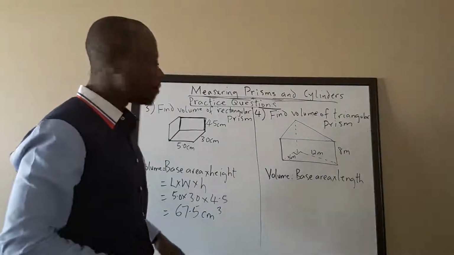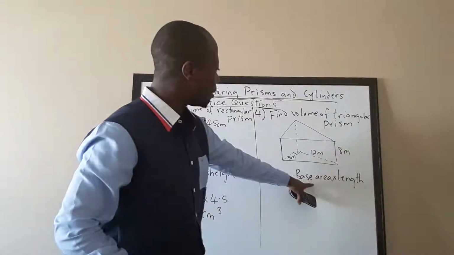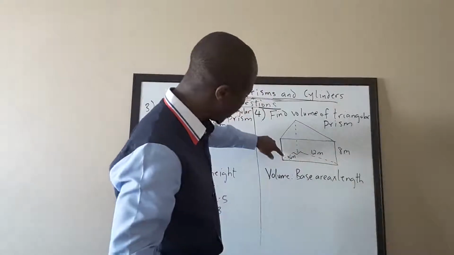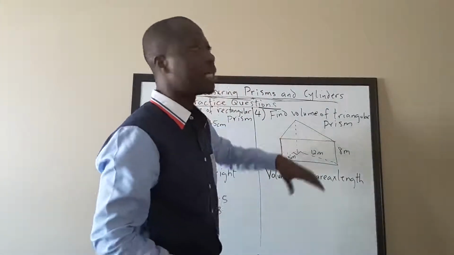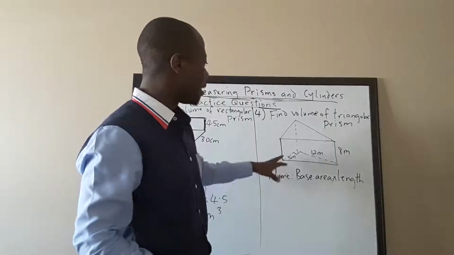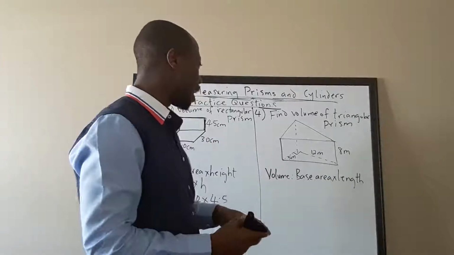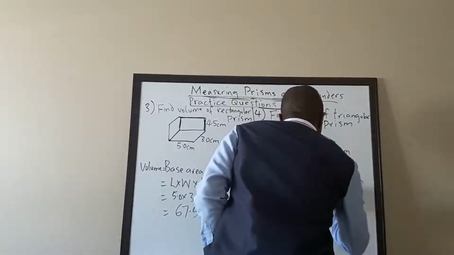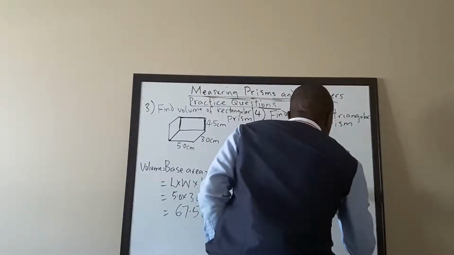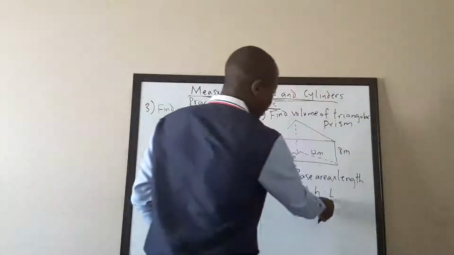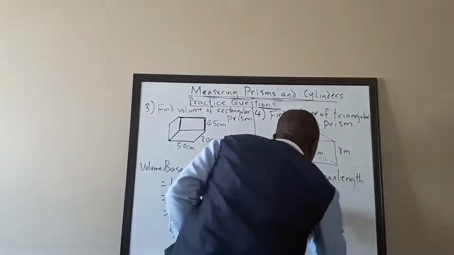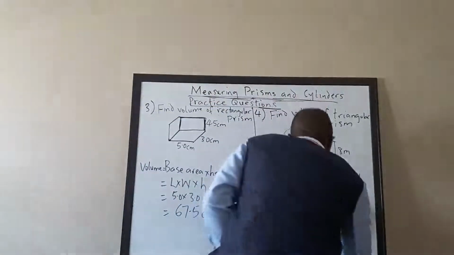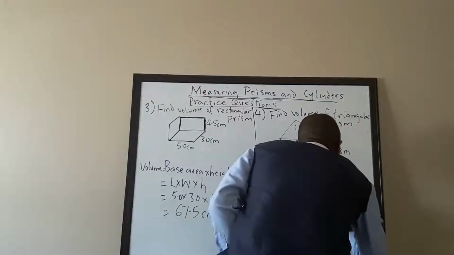So, and over here, the area of the base. So this is the base here. So we're looking at a triangle, and the area of the triangle is half base times height. So half base times height, and then in this case times, I'm going to say L for length. So 1 over 2 base times height, so 5 times 12 here. And then,